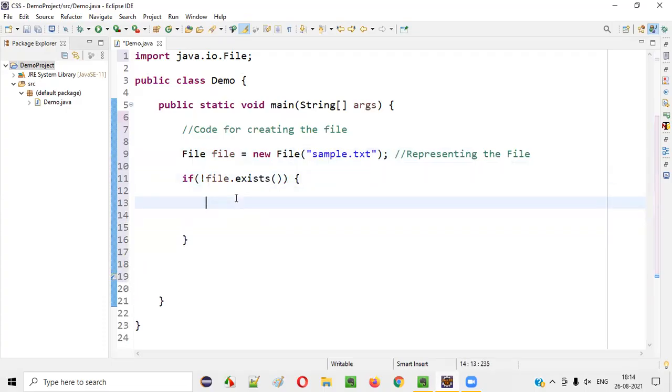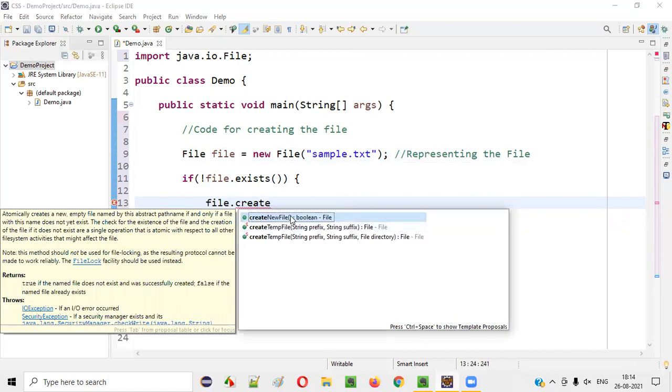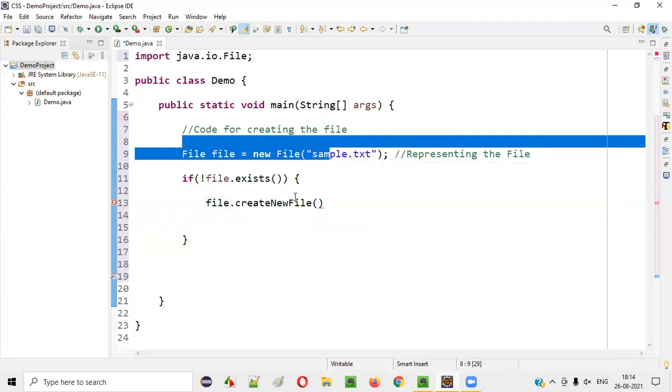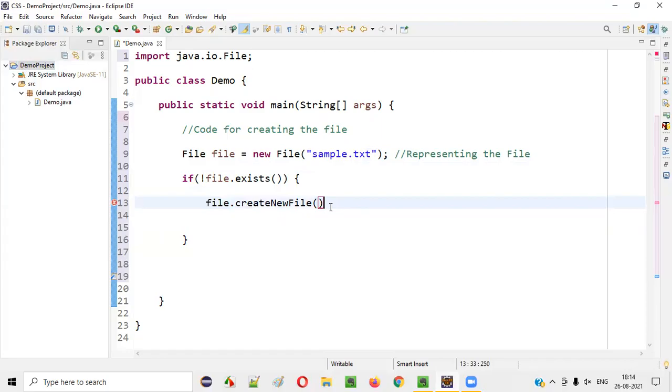How to create the file? For creating the file, you have to say file.createNewFile. This statement will create the file if the file is not already there in this project. That is the meaning of this statement.